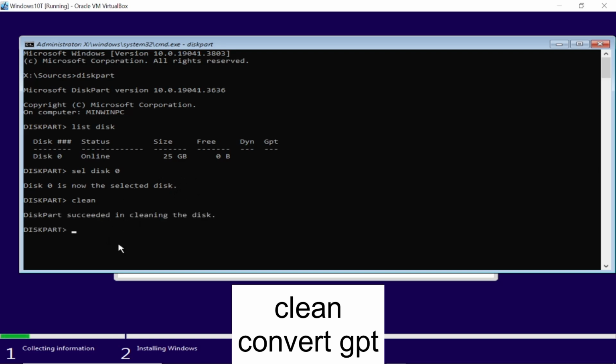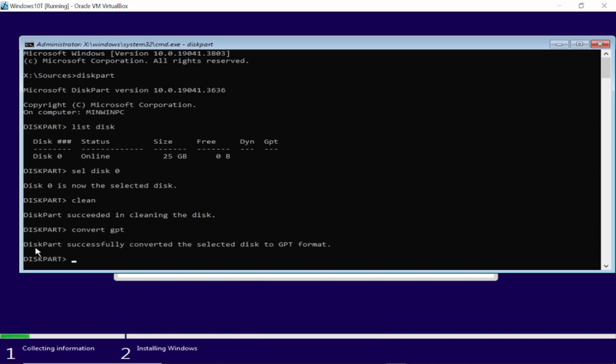Now we need to convert it. Type convert GPT and press the enter key. Now once you press the enter key, you will see disk completed successfully. Now we need to just exit out